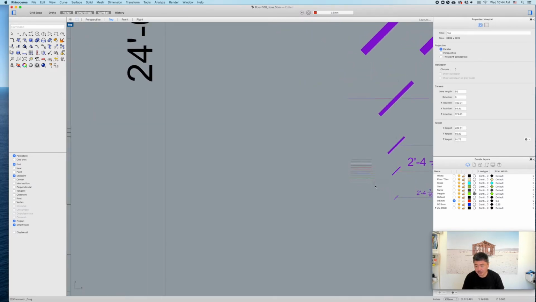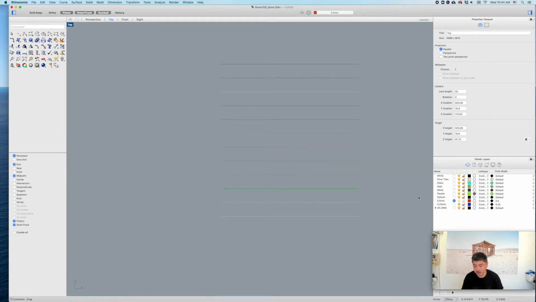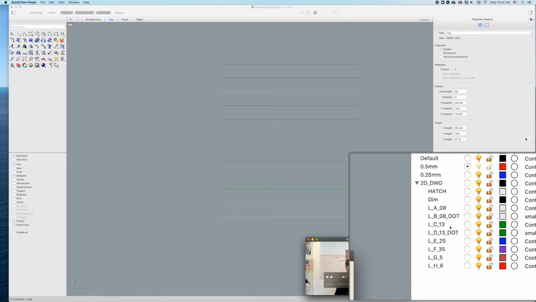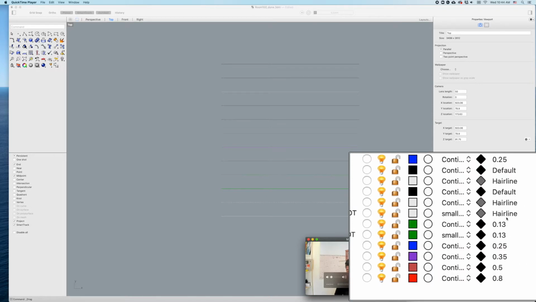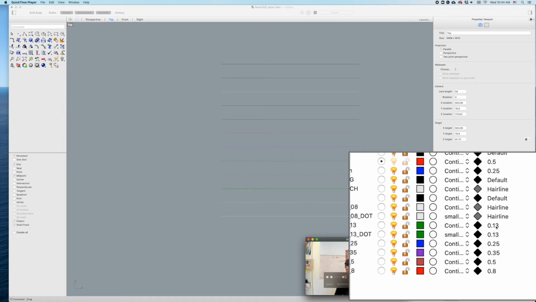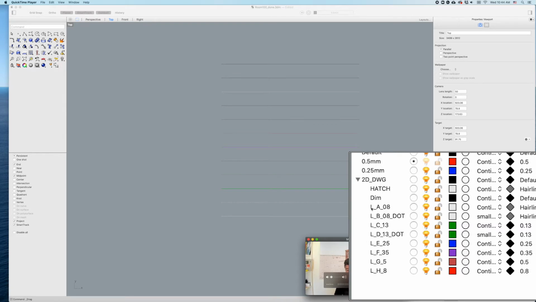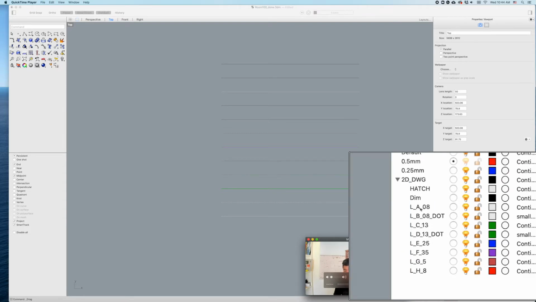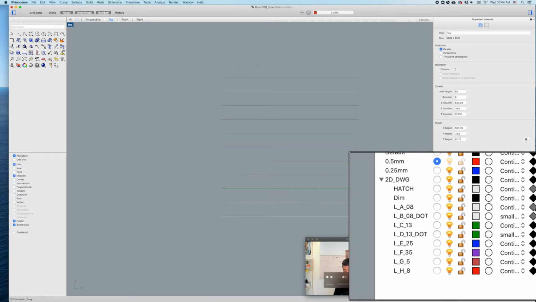So what we have here is these series of lines, and then there is a 2D drawing template layers. In this layer, what we have is a hatch layer, which is hatching inside of the wall, and its display color is gray, and it's continuous, but the print color is gray. Dim is for dimensions, and then this one, line 808, means this is the lightest line,